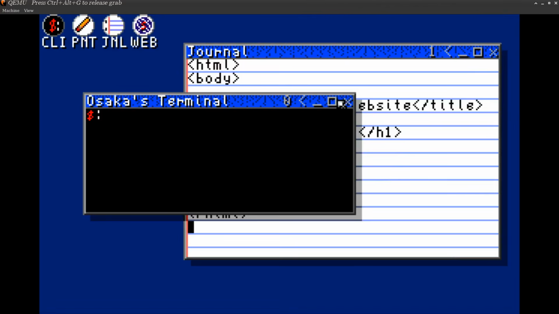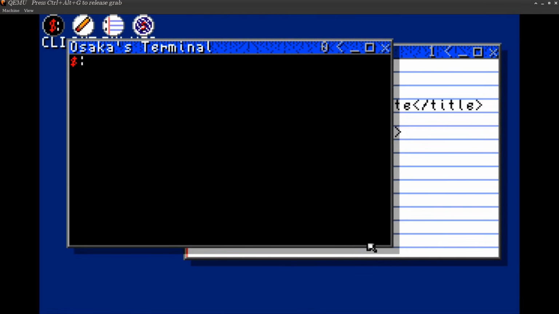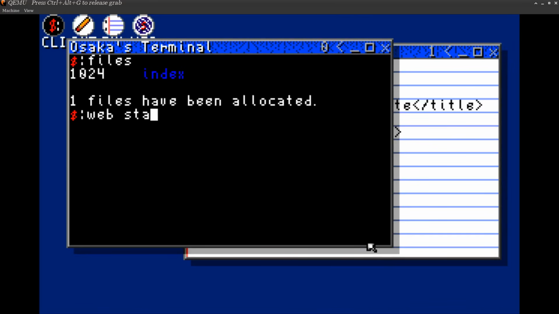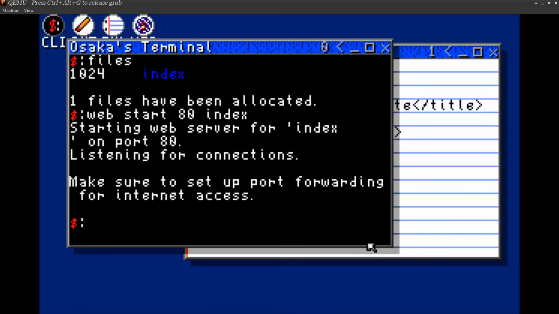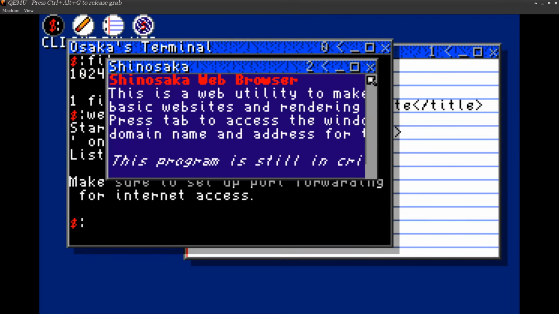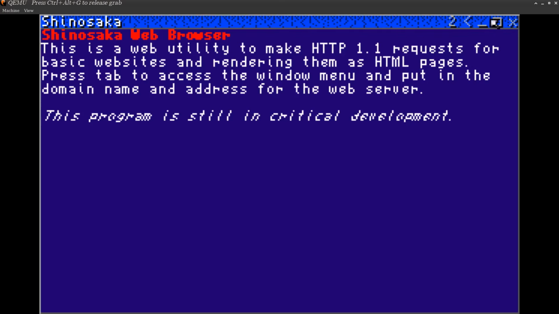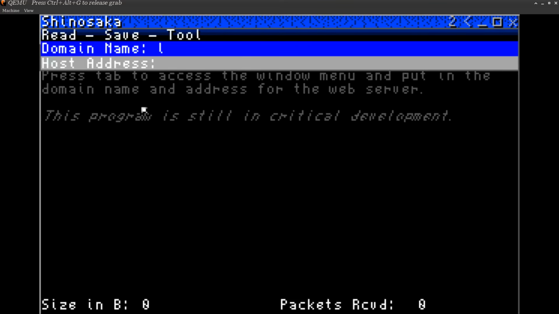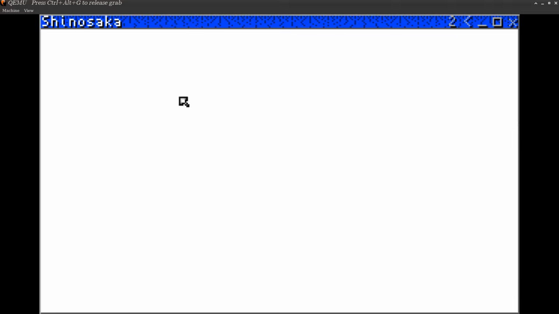Right, so now we got our index file. I'm going to use the web command on port 80 to start with index. Then we're going to open up Osaka. And then we are going to go to the localhost. See what's, how do you spell localhost? Okay, there we go. Seems like nothing at first, but then when we scroll,